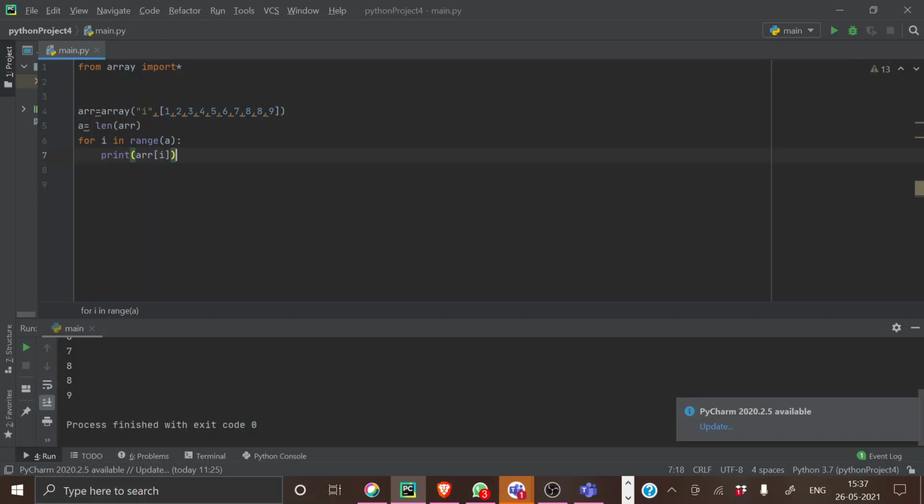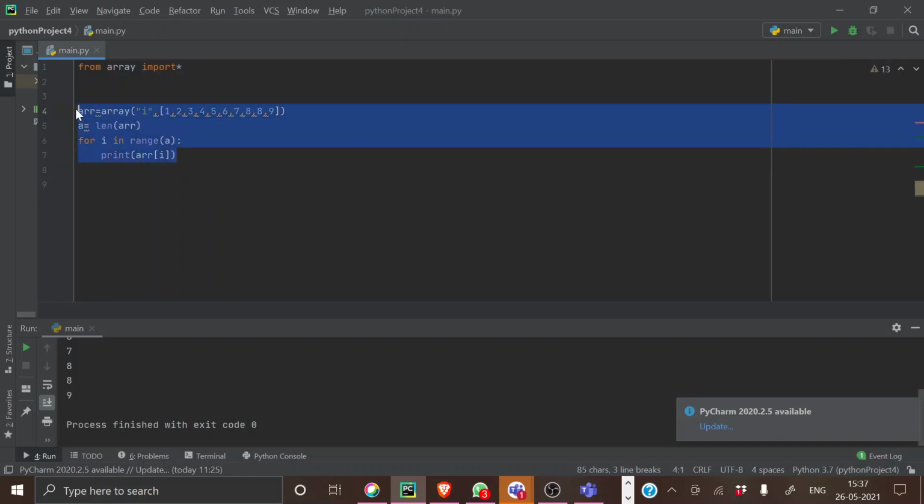What I thought was to discuss a very important problem that will make sure you have good basics. Before going to that, I also want to introduce how a multi-dimensional array works. This is a 1D array, right? All elements are saved in one dimension. If you want your array to be in the form of matrices, you have to use something called numpy.